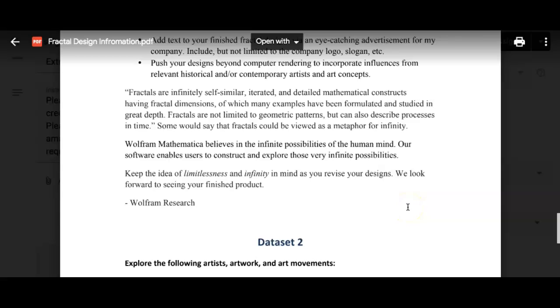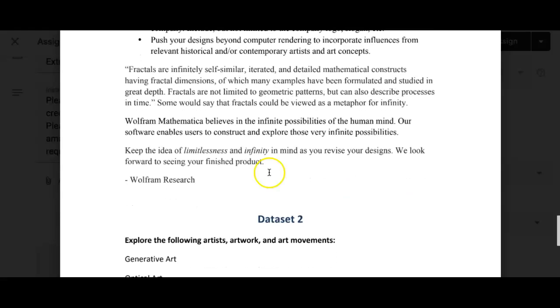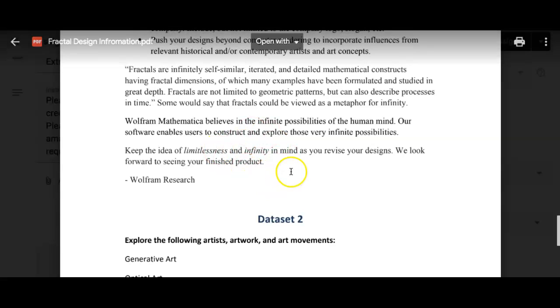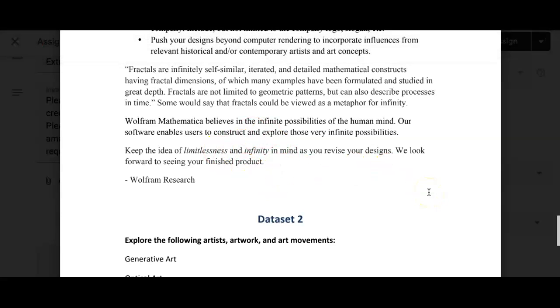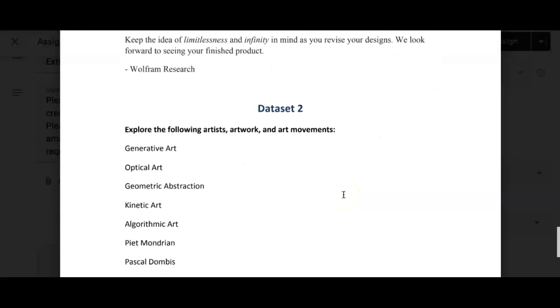Wolfram Mathematica believes in the infinite possibilities of the human mind. Our software enables users to construct and explore those very infinite possibilities. Keep the idea of limitlessness and infinity in mind as you revise your designs. We look forward to seeing your finished products. So